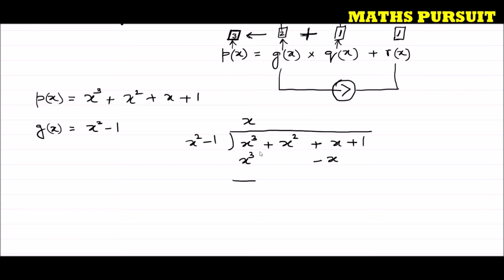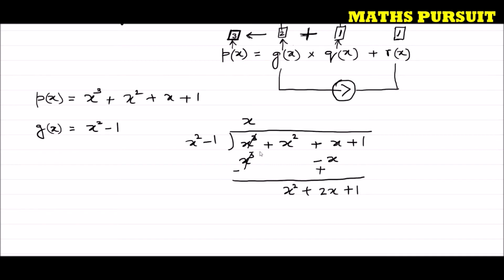Now we are going to subtract this one. So if we are going to subtract, we just reverse the symbols. I'm reversing the symbol here to negative, because here it is plus x cubed and here positive. Now you could see that x to the power 2 minus x to the power 2 cancels out, and we are left with x to the power 2 plus 2x plus 1.